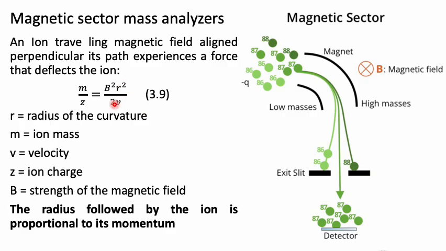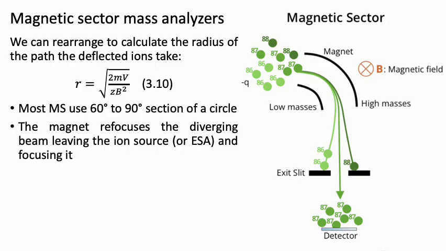So the radius followed by an ion, because we have velocity in here, is proportional to its momentum. And we can rearrange this to calculate the radius of the path of the curvature that the deflected ions will take. And that's equal to the square root of 2 times the mass times the velocity over the charge times the magnetic field squared. Most mass spectrometers nowadays use either a 90 or a 60-degree section of the circle,